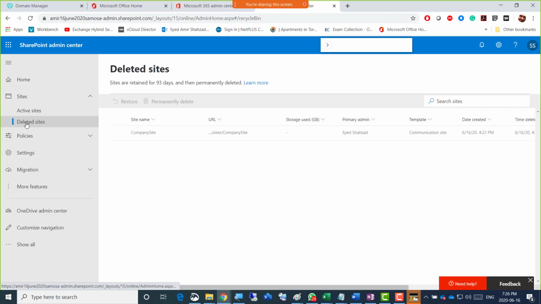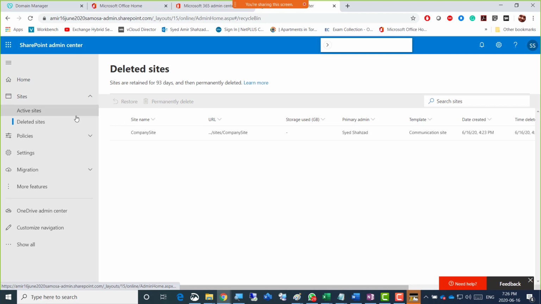But how long does it take? How long will it keep this site? That's what I want to show you. So Nazmul says that if we create an Office365 group, then a group SharePoint site will also be created automatically. Yeah. So last time we had 2 or 3 sites showing there. That was because of the Office365 group. So Nazmul is sharing that point.